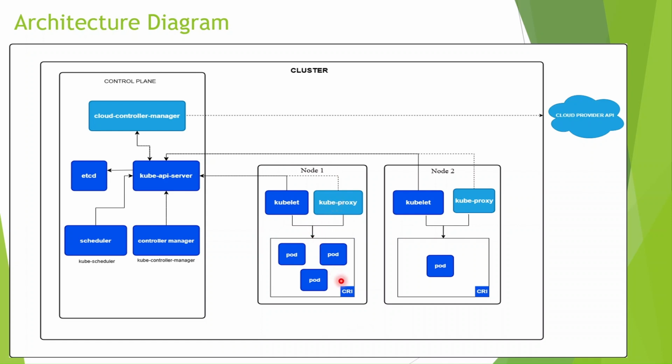Then we have CRI, the container runtime interface, which is the interface used by the kubelet to talk to your container runtime. Some examples are containerd and CRI-O, which are responsible for actually running the containers. You will find this diagram not very complicated. It is a very easy diagram. Just remember these are the control plane, in which you don't need to do anything, and these are the worker nodes, in which you run your applications. The control plane is managed by Google only.